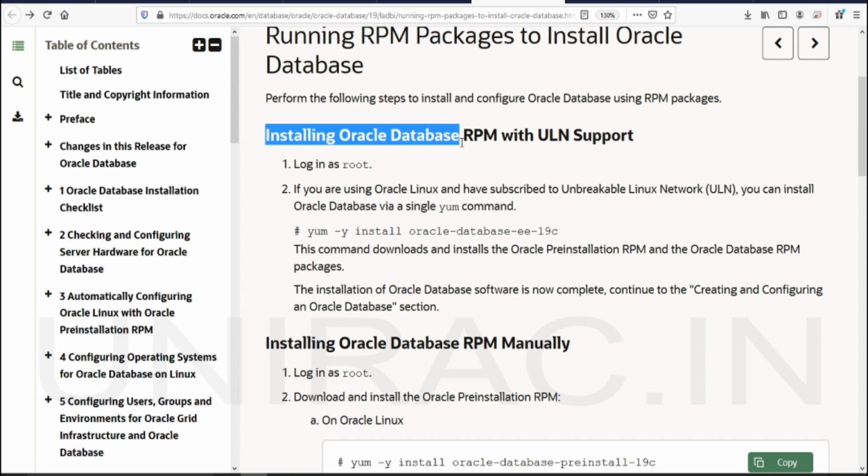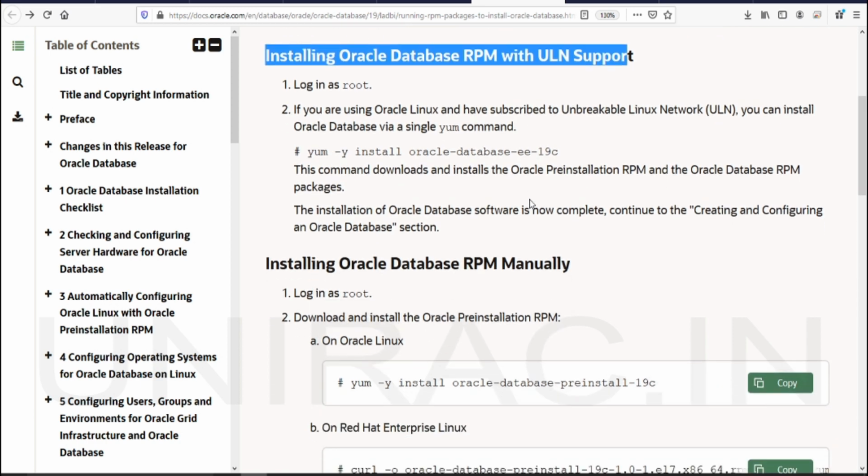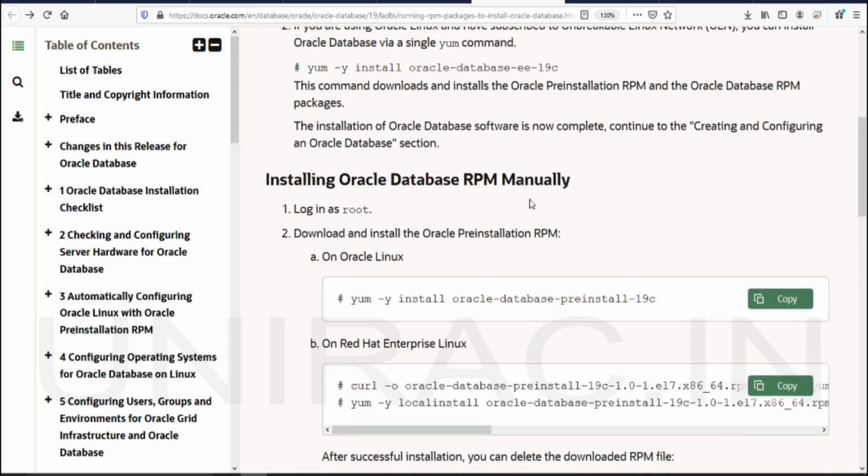We'll see installing with ULN support the RPM in the lab session. We can also move to installing manually using yum install.